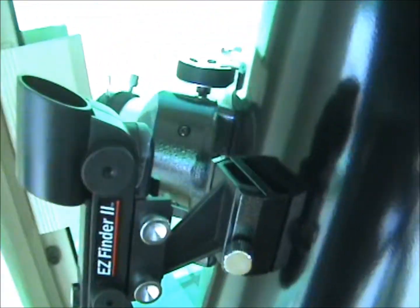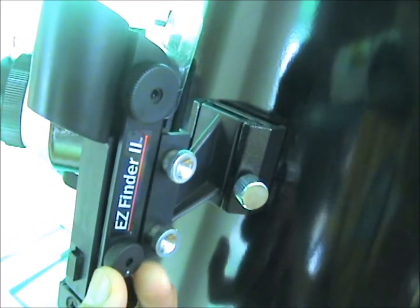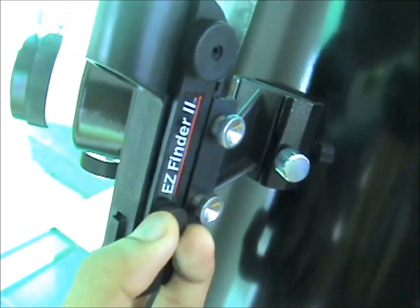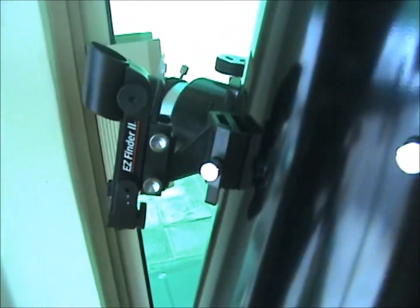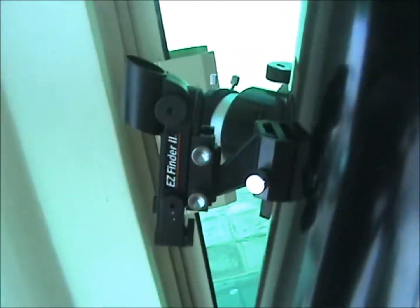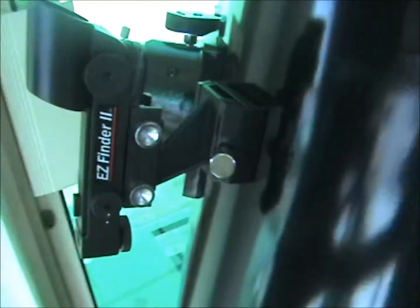Okay, so this telescope comes with the Easy Finder 2. Now the thing about the Easy Finder is that it works on light, so it might ruin your night vision if you set the setting too high. But it's like having a laser pointer in the sky, and you just align it to whatever you want. However, this is not really suitable for DSOs, so I advise you upgrade to a